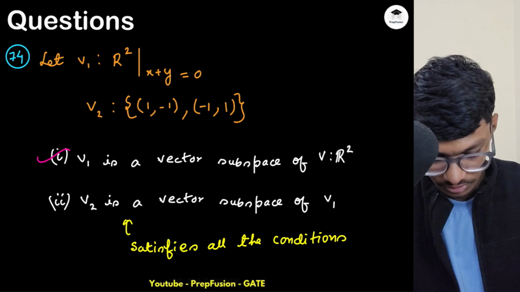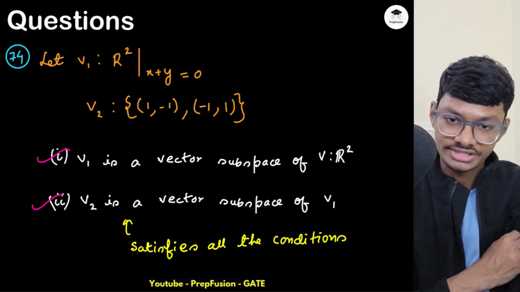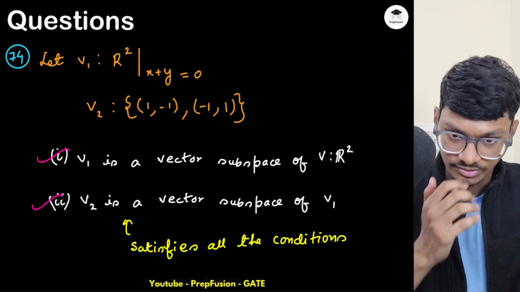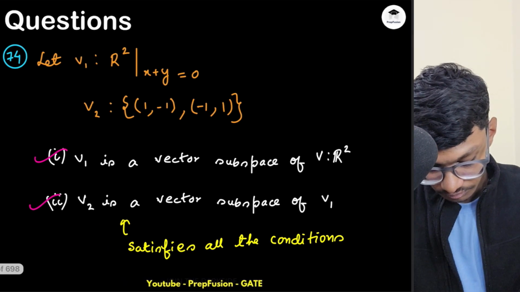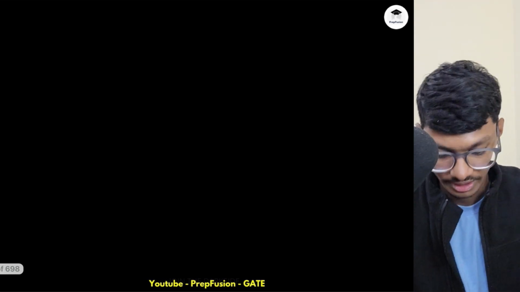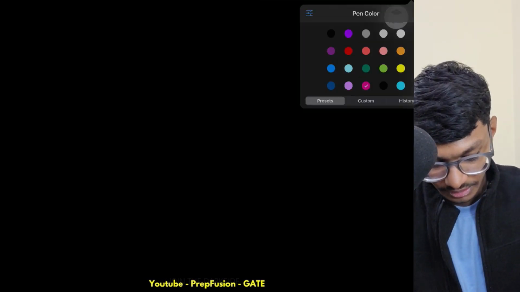So this is also correct. Okay, I hope from these two statements you got the idea about vector subspace. Like how can I write this? Notation-wise, how can I write this? So here my V